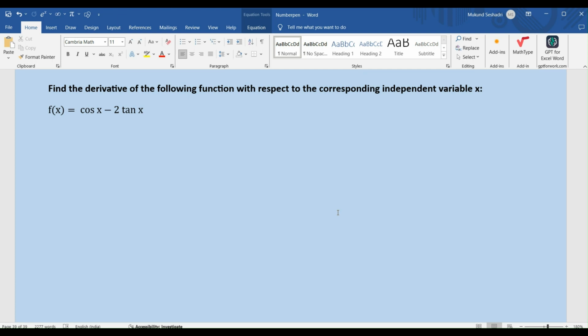So there we have the problem on our screen. Find the derivative of the following function with respect to the corresponding independent variable x. So f of x equals cos x minus 2 tan x, right? So it looks like it is a sum of two functions. So let's call those functions, say,